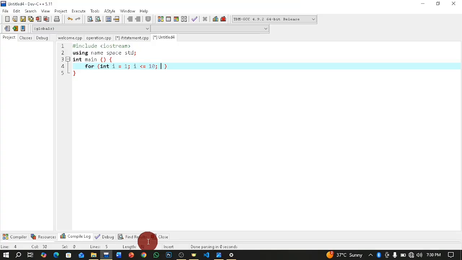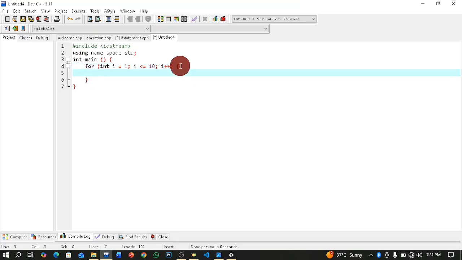So then we'll now say i increment. So i is going to increase until it is equals to 10. That's when it's going to stop increasing. So the next thing we want to do now, we want to skip 5. It's not going to display 5. Then we'll just say if i